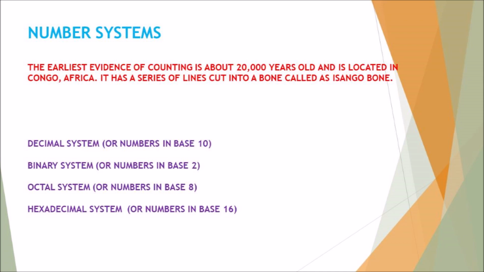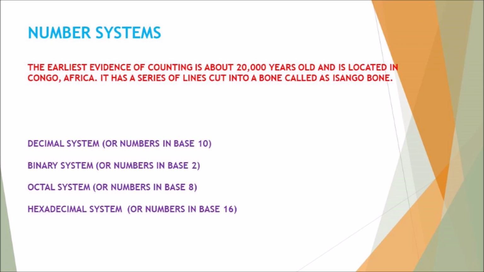As users working with the computer, we need to know the common number systems that are used in computers. The first one is the basic one, the decimal number system. It has the number base value as 10. It means that it contains 10 numbers, starting from 0 to 9. And the next one is the binary number system. Bi means 2. It has two numbers. For all the number systems, the starting number is 0. So two numbers means 0 and 1.